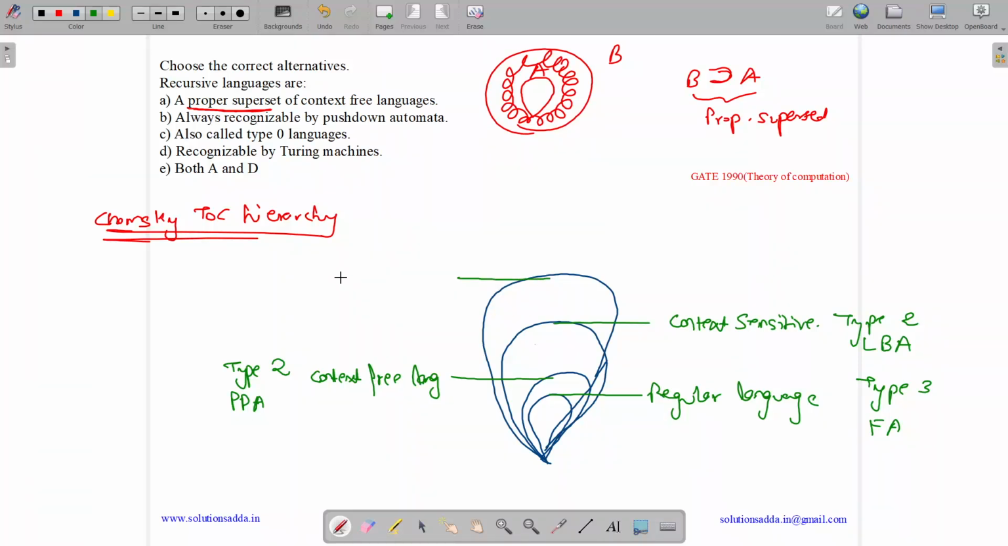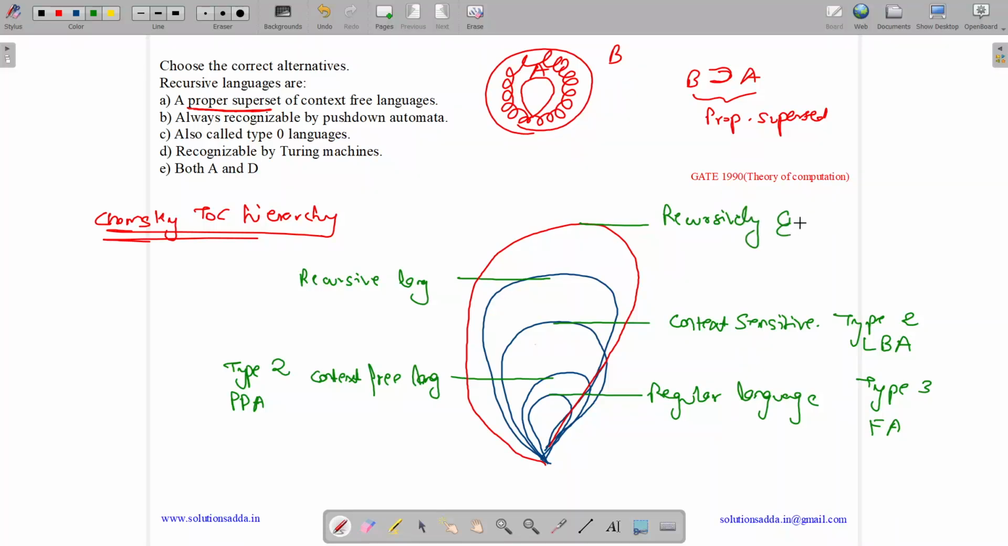Then we have recursive language, and we have one more set, this is called recursively enumerable language. It is also called type 0 language and it is recognized by Turing machine. Now let us see the options. So option 1 states